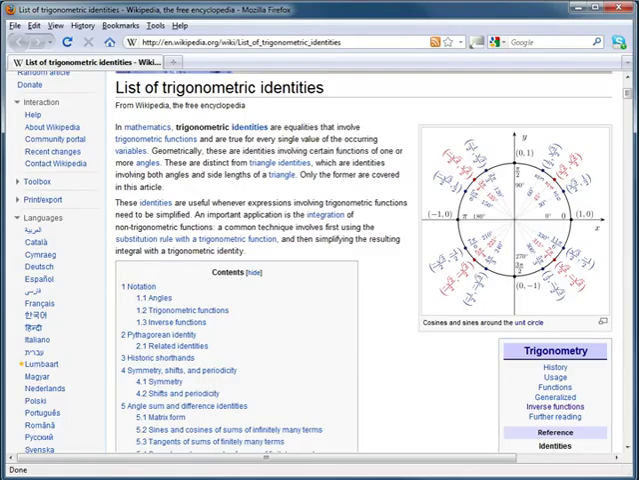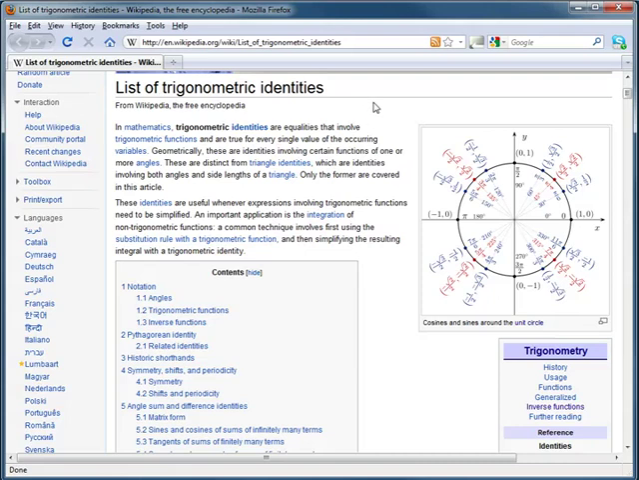In this video, we're going to take a look at a trigonometric identity known as the Pythagorean identity. But what is a trigonometric identity? Well, if we took a look at the Wikipedia page entitled List of Trigonometric Identities, the first sentence tells us